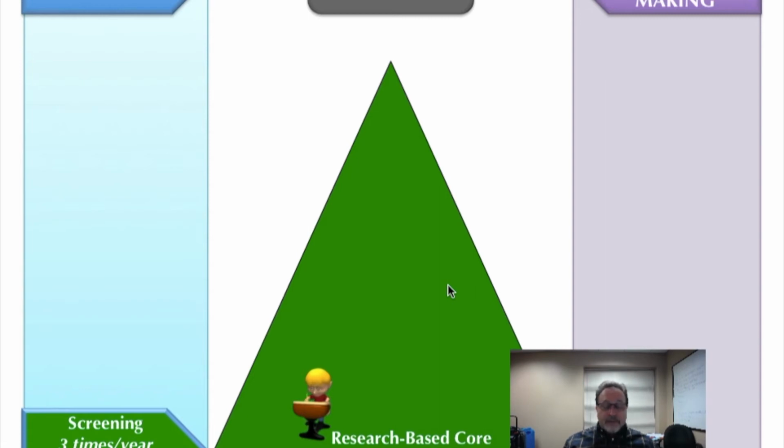So starting with Tier 1, instructionally we're looking at a research-based core curriculum with strong instructional practices, or in the case of behavior, school-wide PBIS systems. When it comes to screening in academics, that's typically done 3 times a year: fall, winter, spring. We use those CBM measures to screen and identify two things. One, the health of our core system, and then also which students need something more, i.e. a tier 2 intervention.